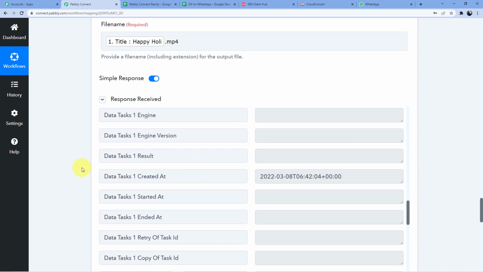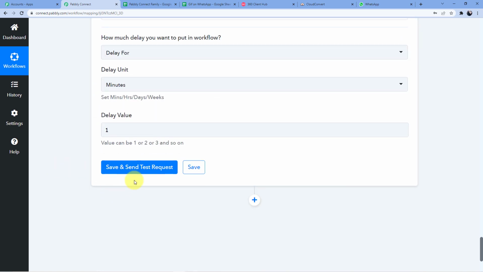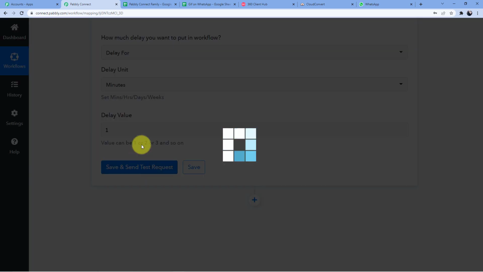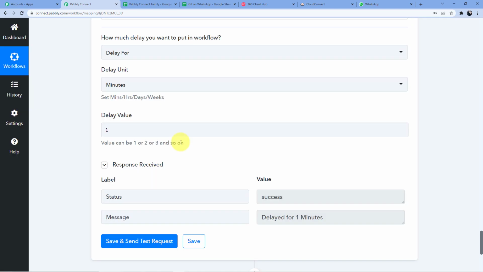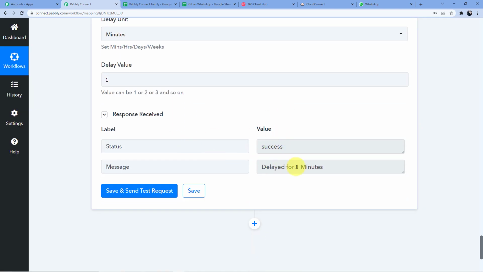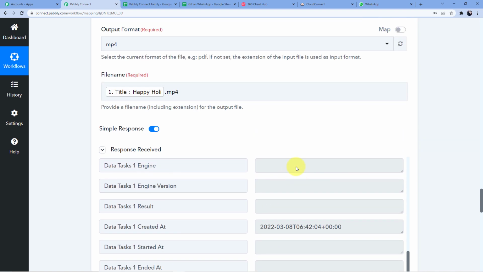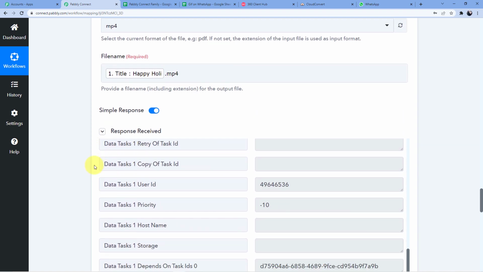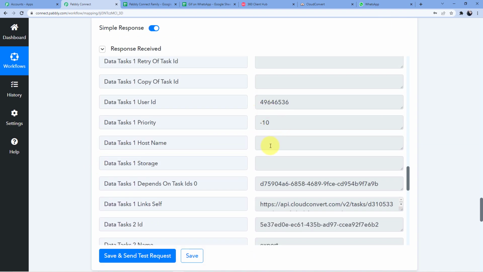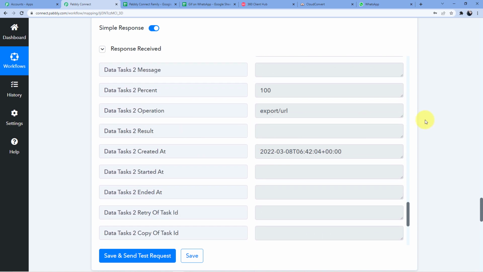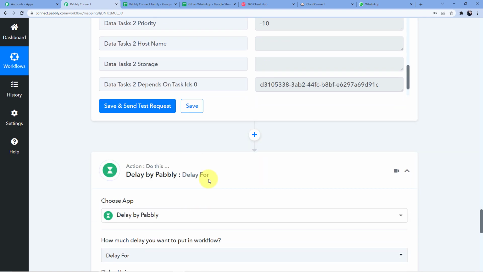Okay. So we are going to use this delay here and then we will click on save and send test request. So you can see here it is written that it is delayed for 1 minute, which means we will get 1 minute to convert our GIF file into the MP4 file before sending it to anyone. Okay. So here we are done with this delay.